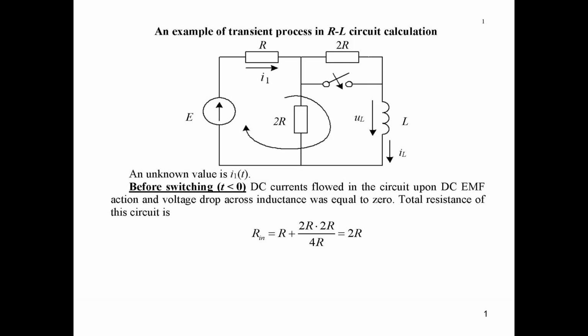Dear students, let's proceed with our lectures on the topic of transient processes in linear circuits with lumped parameters. Now let's consider an example of calculating transient processes in RL circuits. Why is it an RL circuit? We have only one reactive element, only one inductance, and it is a branched circuit, in comparison with the plane circuits that we have considered previously,